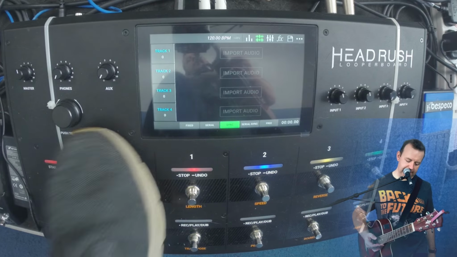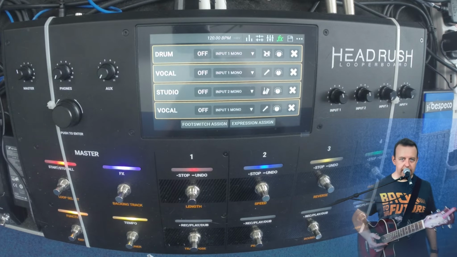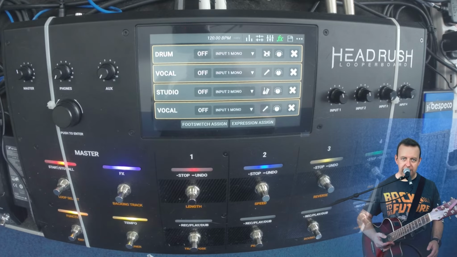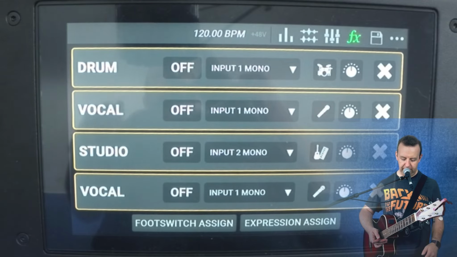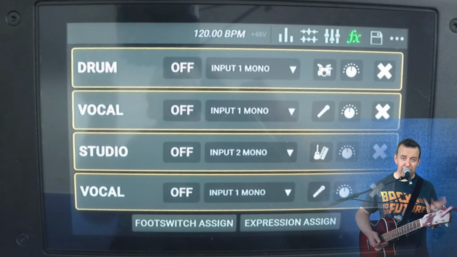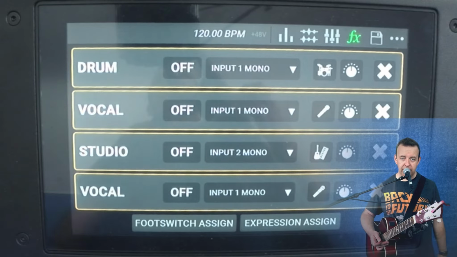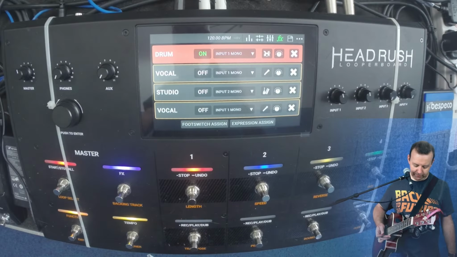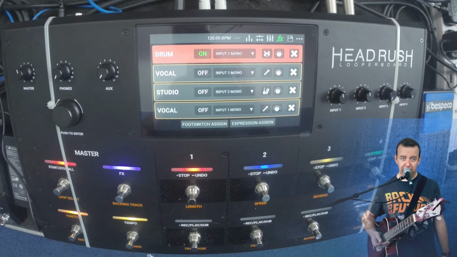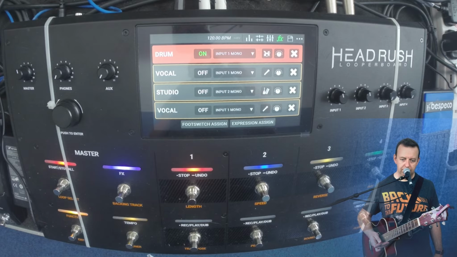So when I click on effects, you're going to see these. These are my 4 racks that I've actually set up. One will say drum, then we've got vocal, then we've got studio, and we've got another vocal. The drum one is actually a vocal effect, so I can do a bit more beatboxing and a bit more ambience for that. So if I tap that on, then you're going to hear a little bit more vocal presence, so we'll give you a bit more